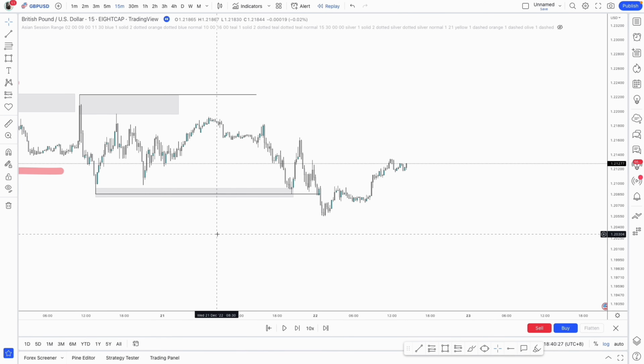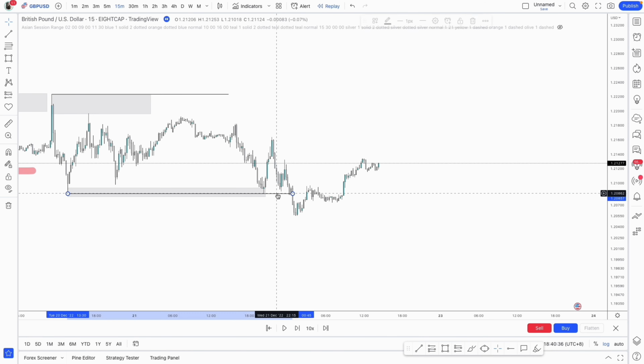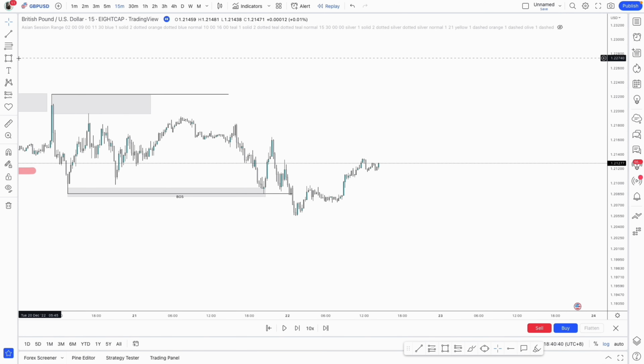So we know there is a level of liquidity built up. Price pushes up, doesn't break anything significant, which is perfect. Then price takes out the low, causing a break of structure. Now, the break of structure to the downside essentially comes from this high, because if you mark it out, you